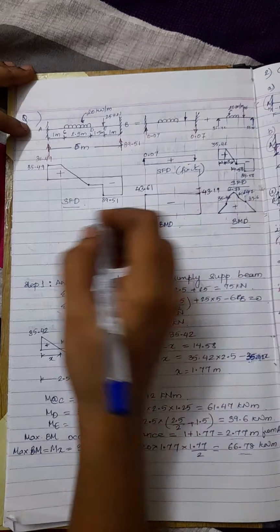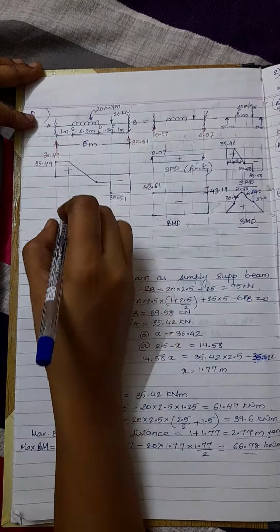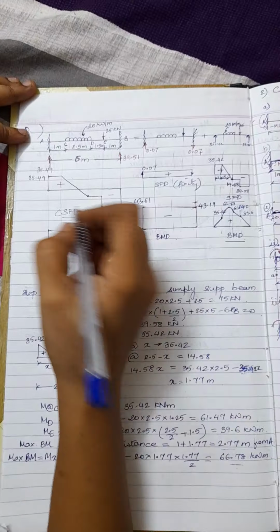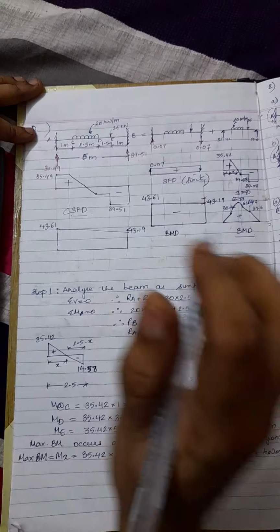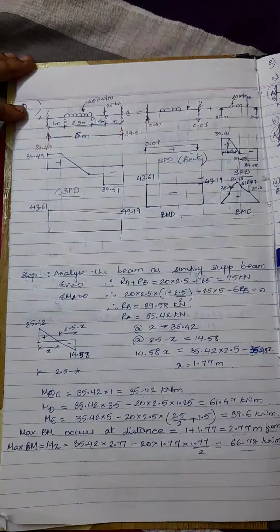Now how to draw the combined bending moment diagram? Simply superimpose this over this. This is 43.19, this is 43.61. Then transferring the values: 35.42 is somewhere here, 66.78 will come somewhere here,